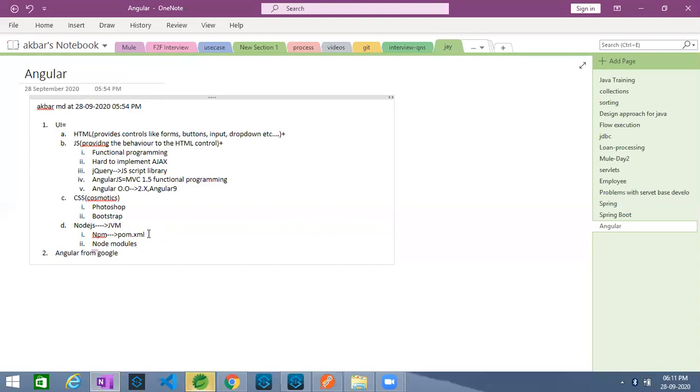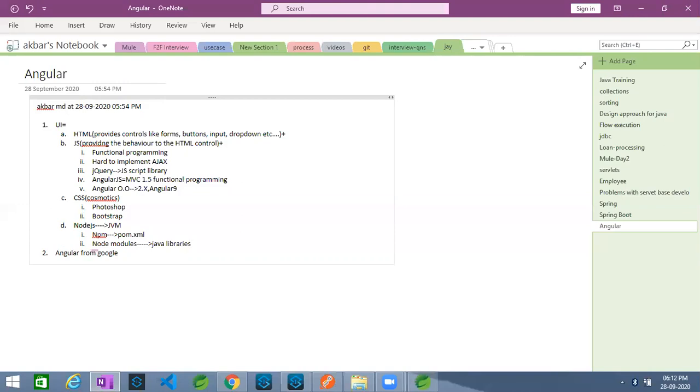For example, how we use List, Set, ArrayList, Map, and some predefined classes and interfaces, which are provided by Java ultimately. Similarly, while developing Angular code, Node.js also provides certain classes and interfaces which help you in developing your application. Those are part of your node modules, which are very much similar to your Java libraries.